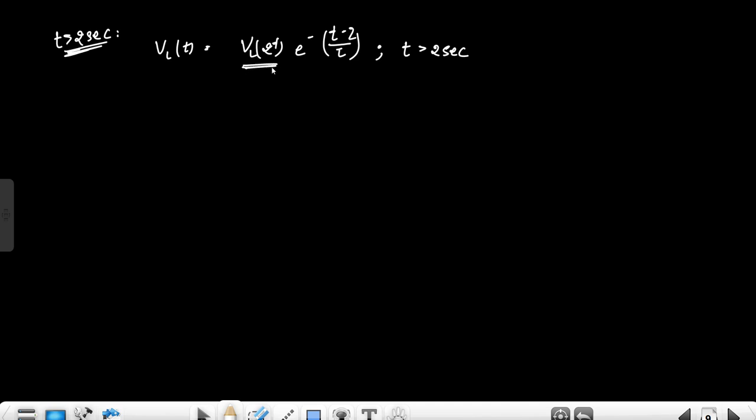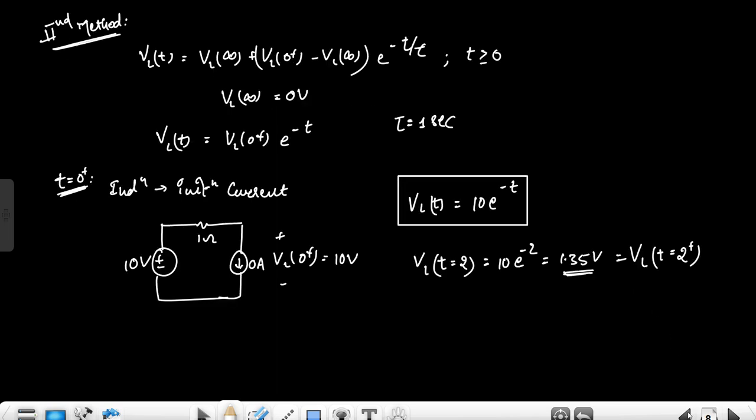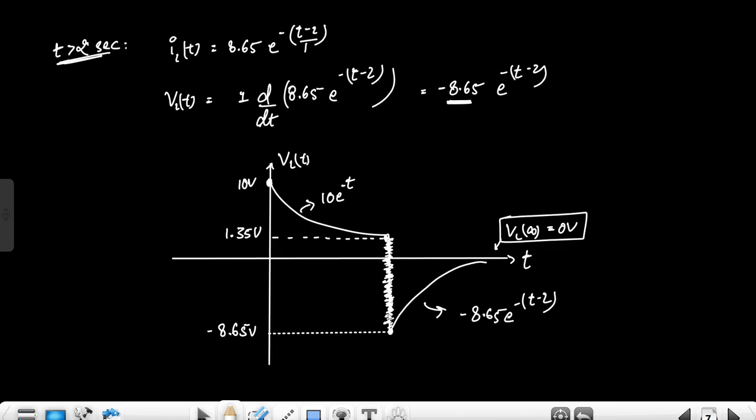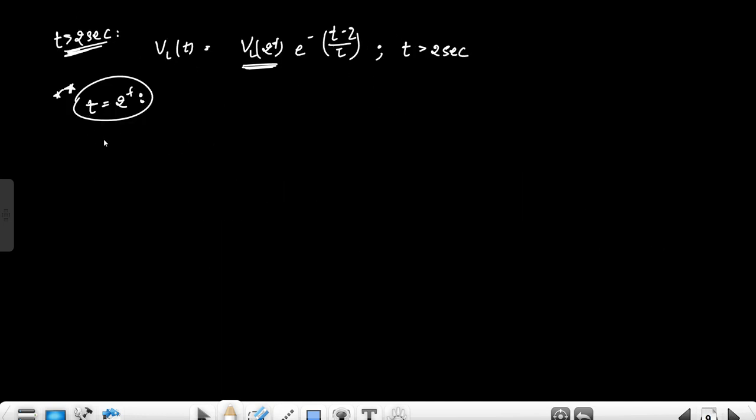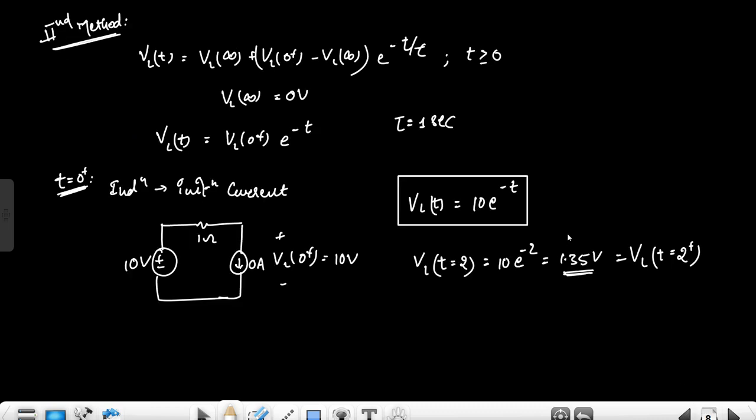Now we will make the circuit at t equals 0 plus, and this is the feeling of transient, this one. So we will make the circuit at t equals 0 plus. For finding this value at 2 plus, we know that this value is going to be this much only, because here this is -8.6, but the feeling of making the circuit at 2 plus is different. So when we make the circuit at 2 plus, now the inductor